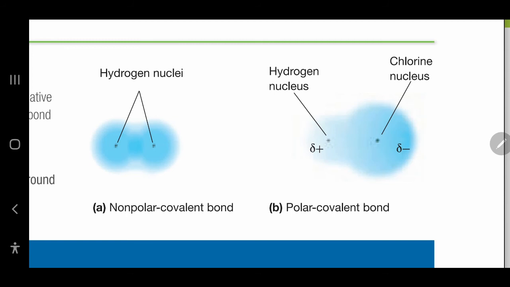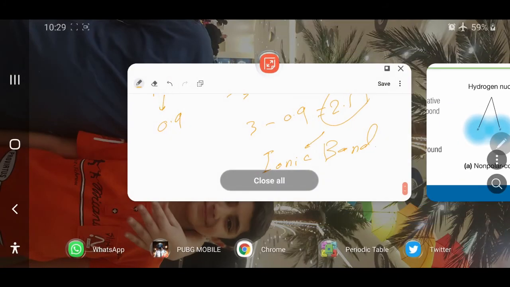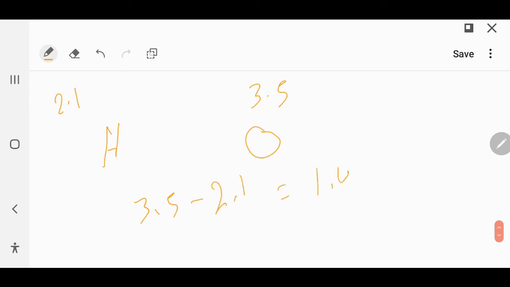And it will be polar because this difference will do the following. If we have hydrogen, for example, here, with electronegativity 2.1, and oxygen with electronegativity 3.5. Now the difference here is 3.5 minus 2.1 equals 1.4. So we have a polar